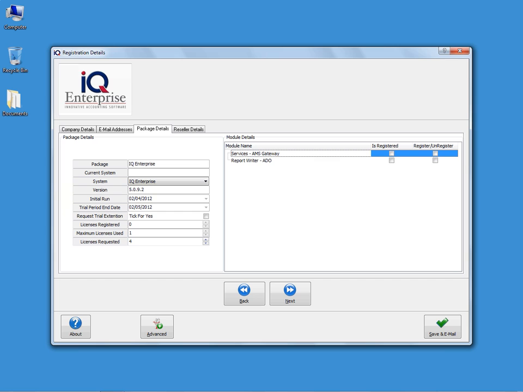Okay. Package detail, very important. You now have to specify which program you want to register. In my case, I'm going to say IQ Enterprise. And then you specify the licenses requested. So if you have a server and 3 workstations, you will request 4 licenses, for instance. Then you can also specify if you want the AMS gateway included in this registration, and if you would ever need the report writer, then we will include it in your registration detail as well. Then you can specify your reseller detail,